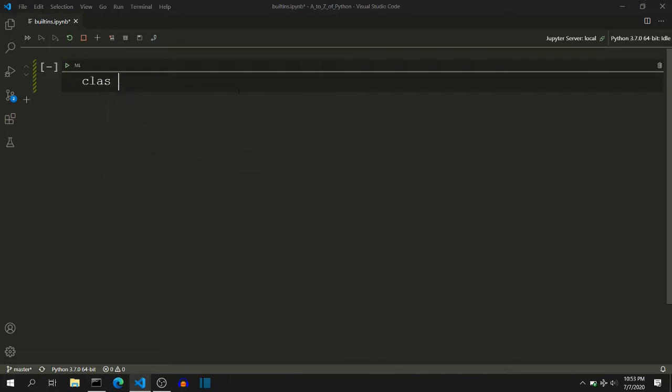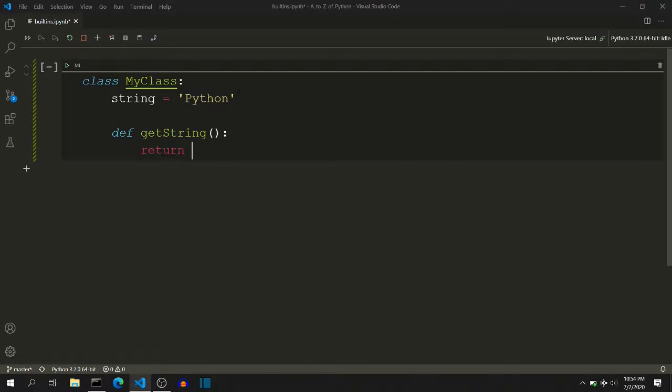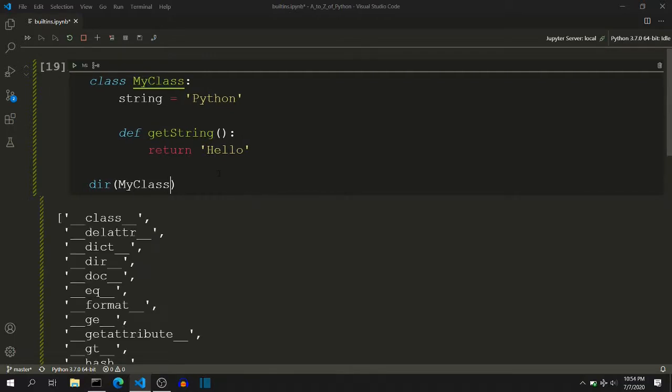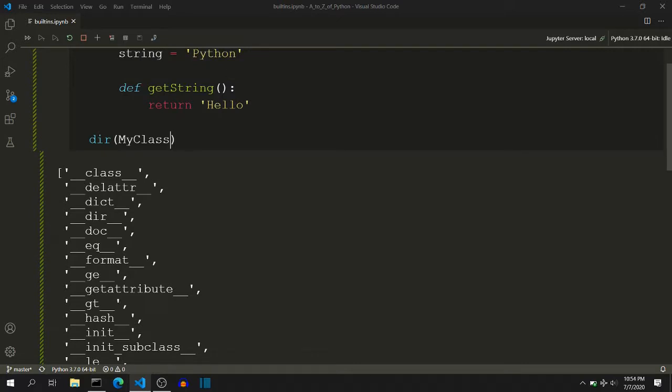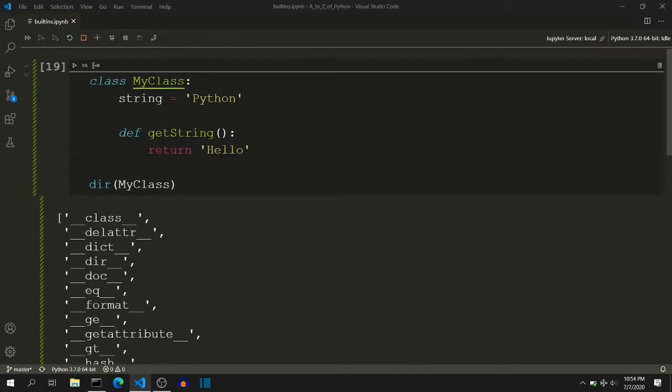You can also pass custom classes to see what names are available in their scope. To demonstrate this, I will create a custom class, MyClass, and initialize a string, and initialize a function. If I pass MyClass inside this dir function, it will give me a list of default functions or names that are initialized by Python itself.